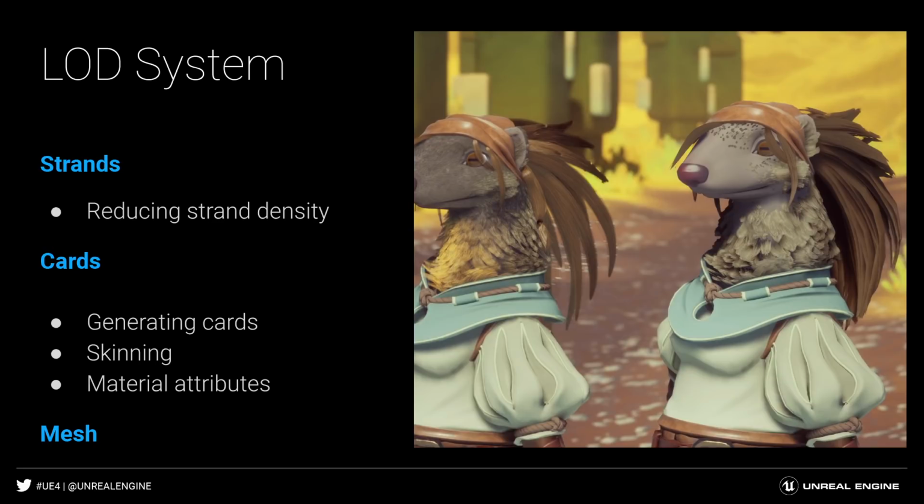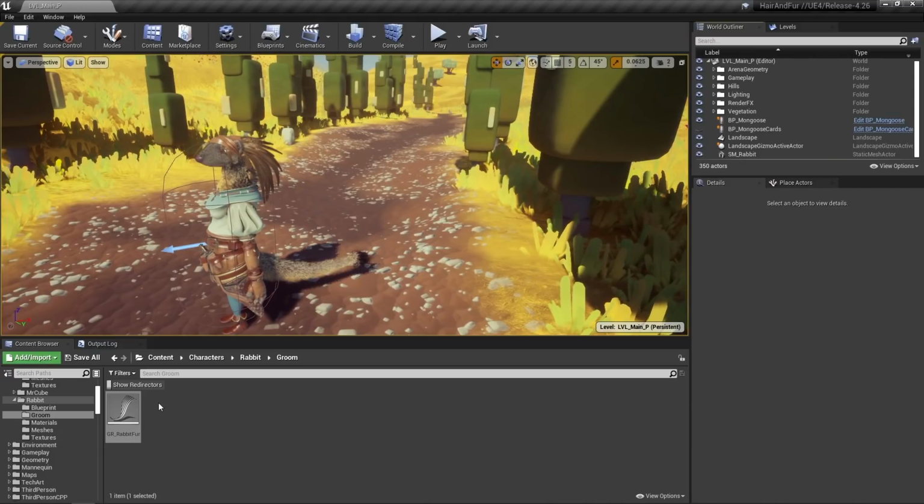But there is also a feature that, though it is quite experimental at the moment, and the quality can vary a bit depending on the type of groom we are working with, and we are not sure about how this feature will evolve in the future, it can generate procedurally for us the card mesh from our groom asset, so we don't have to author those in an external package. It's up to you to try it and see if the results are good enough at a longer distance. So follow me back into the editor and see how easy it is to, with a couple of clicks, have your level of detail set up.